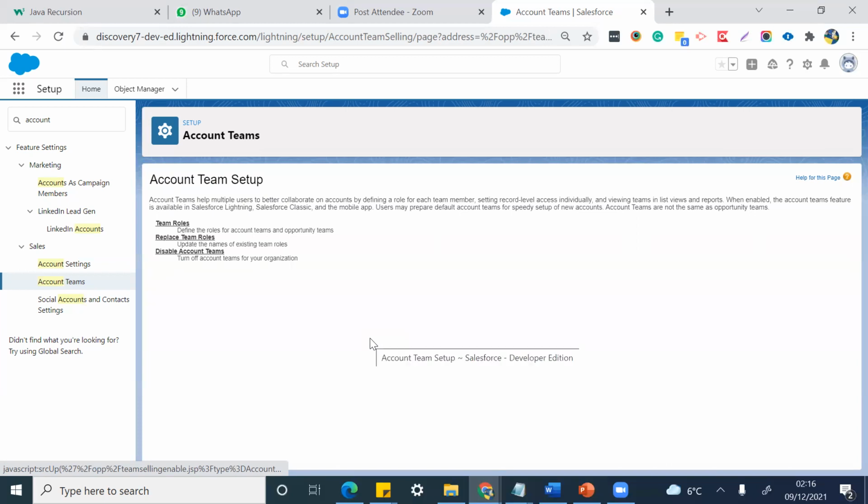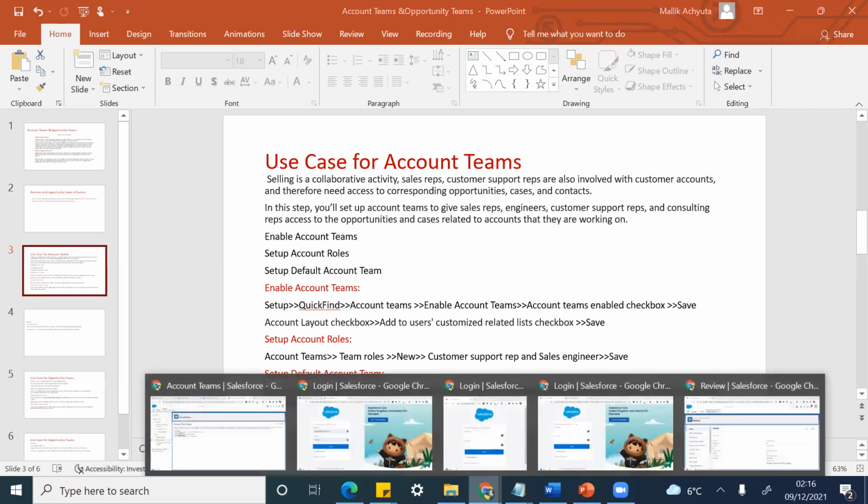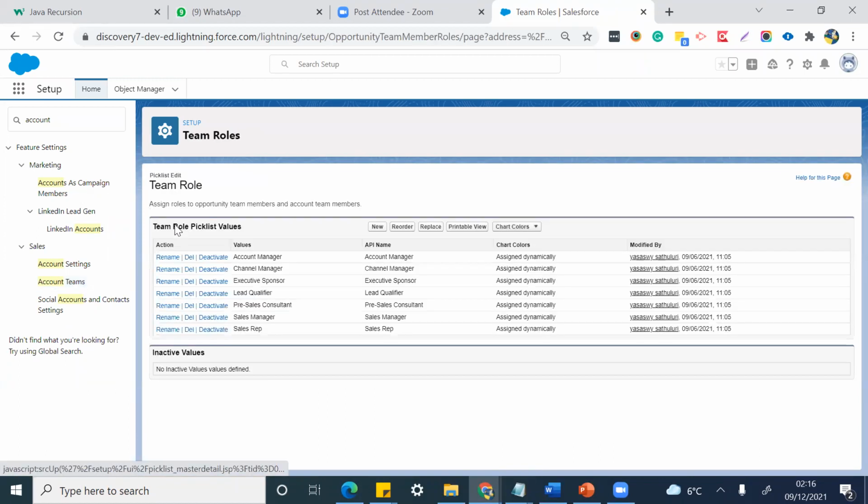After this, we have to do the team roles. The second thing is we have to set up account roles. For this, I have created two users already. So go to team roles.